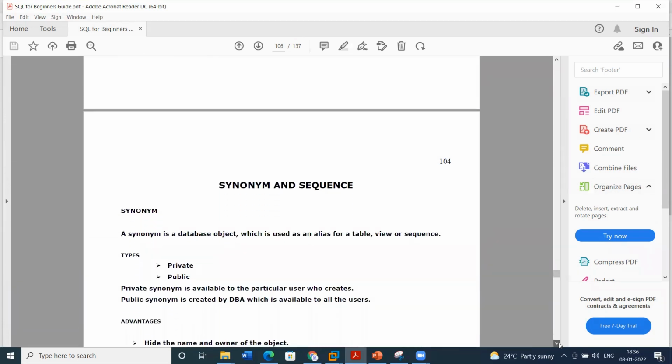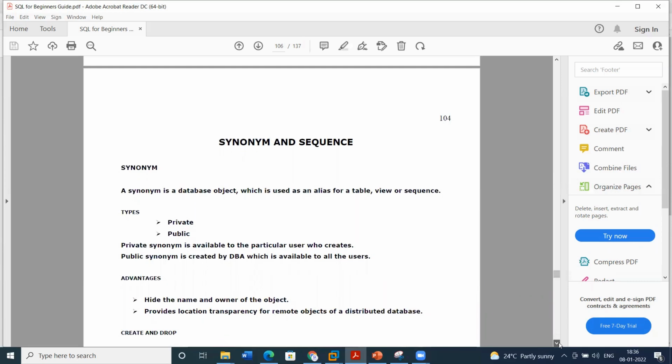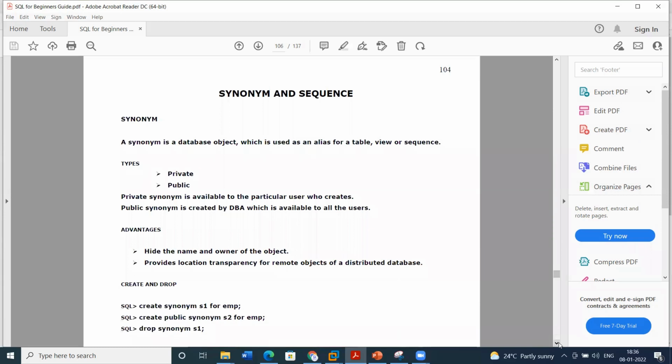Now let's discuss synonyms and sequences. So a synonym is nothing but a database object. It is used as an alias for a table. So normally the original table name will be hidden for security purposes. Okay. So there are two types of synonyms here, private synonym and public synonym. What is a private synonym?